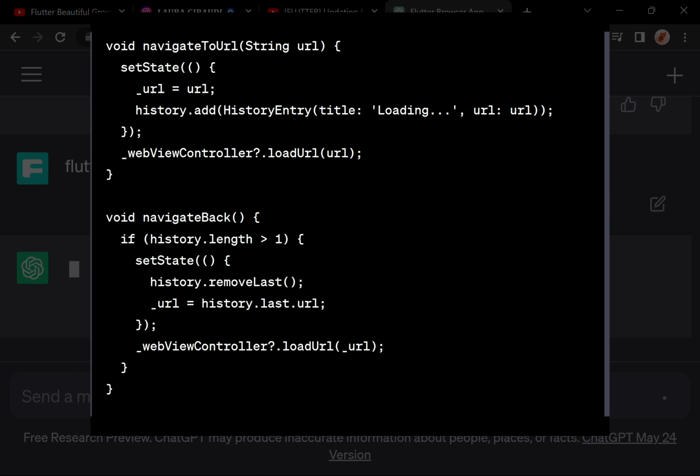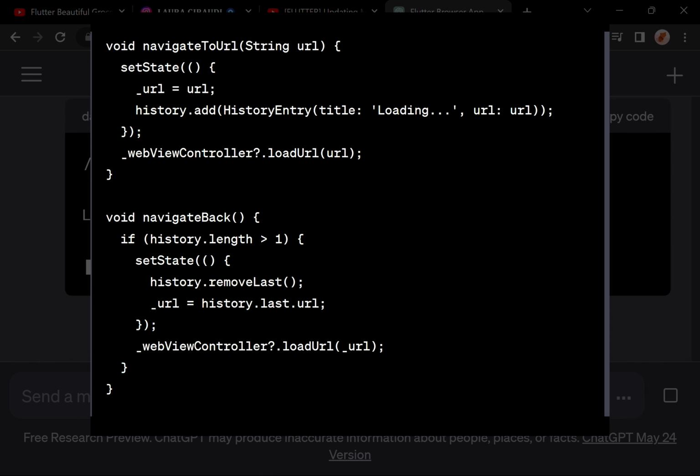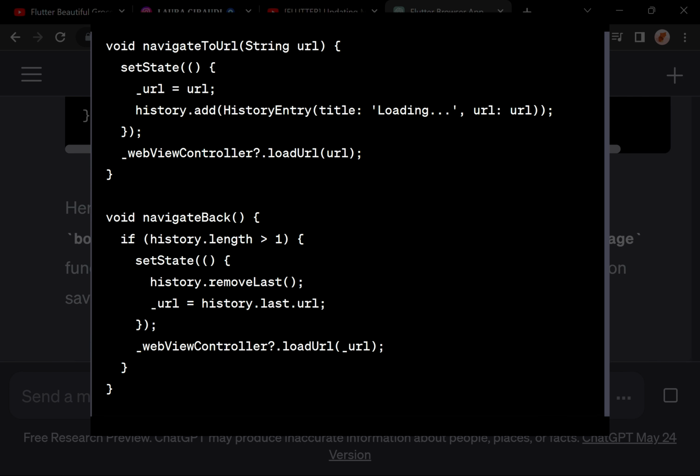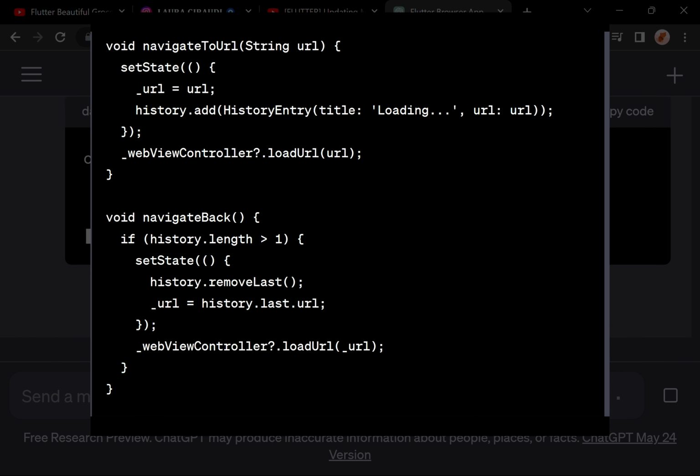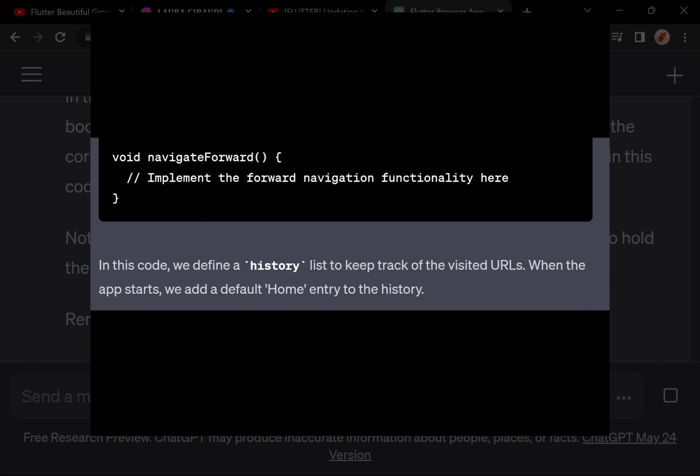_webViewController.loadUrl(url); } void navigateBack() { if (history.length > 1) { setState(() { history.removeLast(); _url = history.last.url; }); _webViewController.loadUrl(_url); }